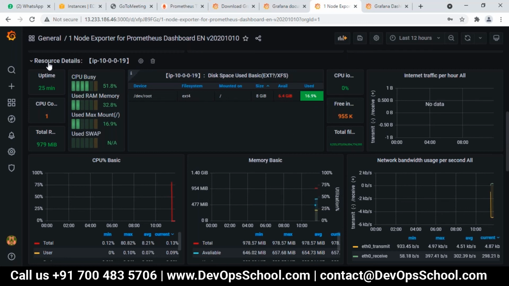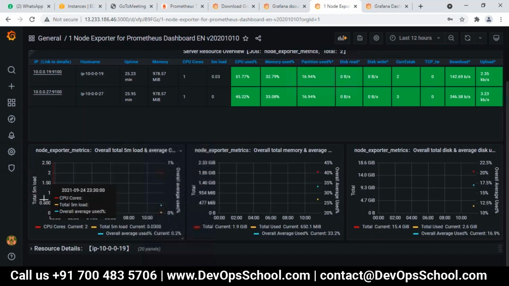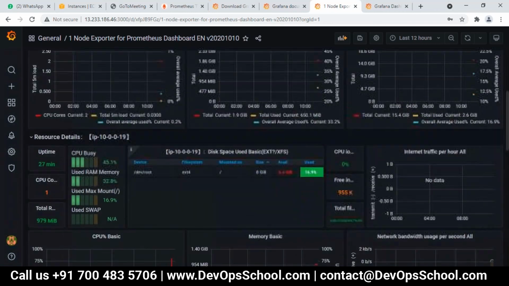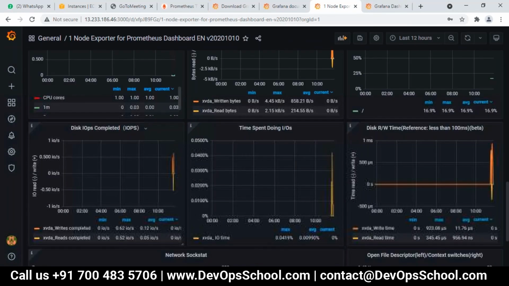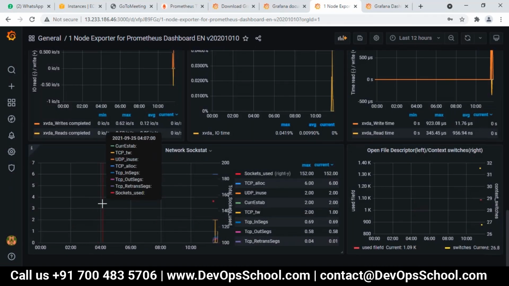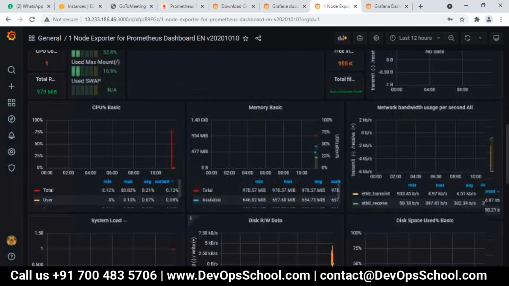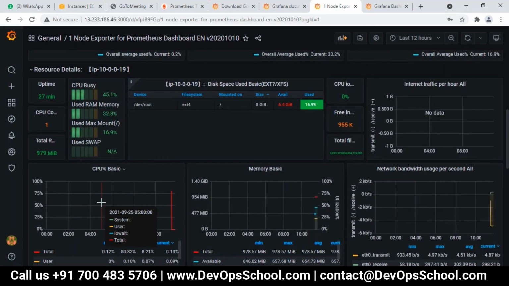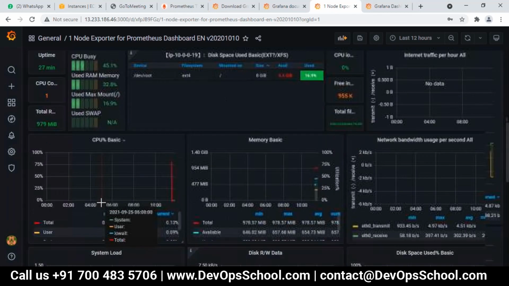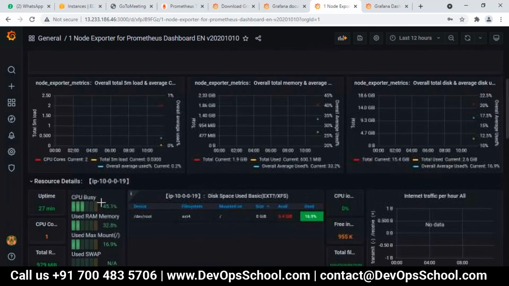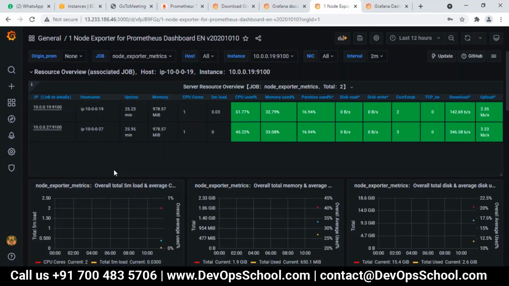Resource details. So this covers everything related to what we require. This is the basic use of a dashboard.